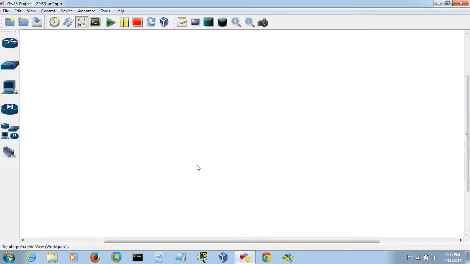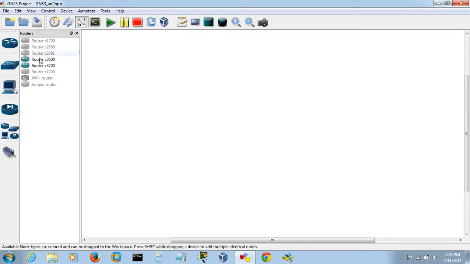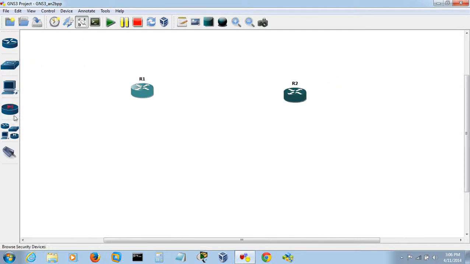So let us see now, in this session we are going to see what is wildcard mask and how you are going to use the wildcard mask in EIGRP. Okay, let's take two routers now. Now I am going to connect the routers, FastEthernet 0/0 to FastEthernet 0/1. I am not going to change the router 1 and router 2 names also. Now what I will do, simply you can start.